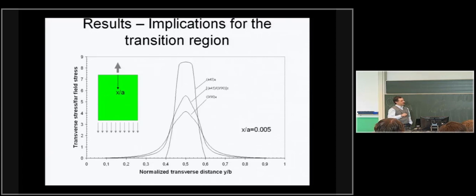Now the plus or minus 45.4 has the highest peak, but it's confined in the narrowest region around the center, while the other two have lower peaks and they again go further out, so they would need larger reinforcement in the y direction. Notice the one that is the narrowest is the plus or minus 45.4, which basically goes to 0 very quickly. But in the previous plot, the one,